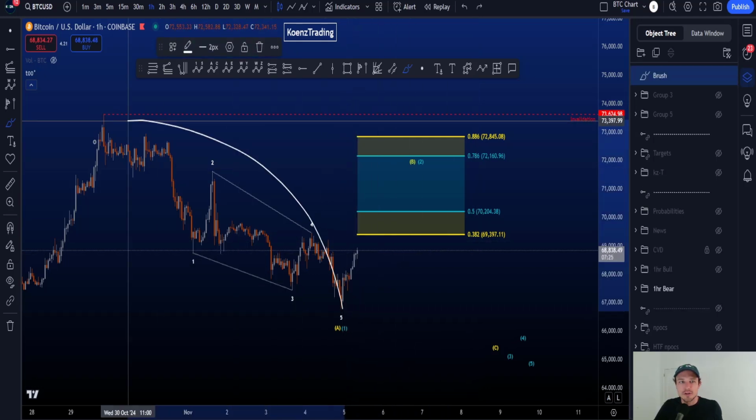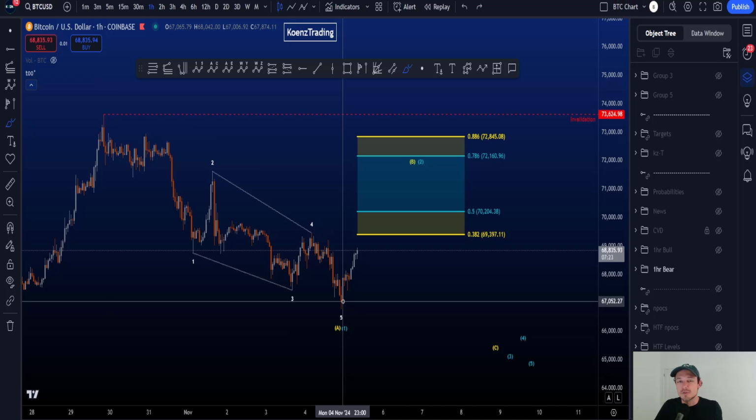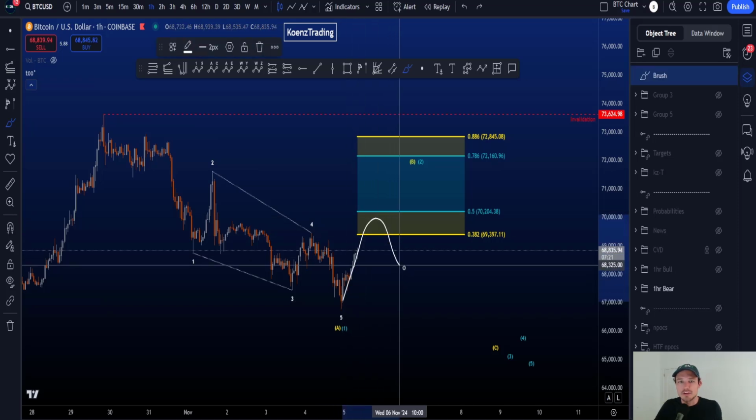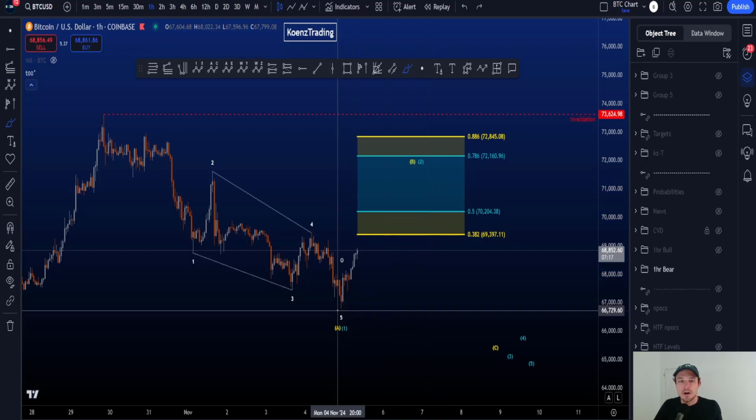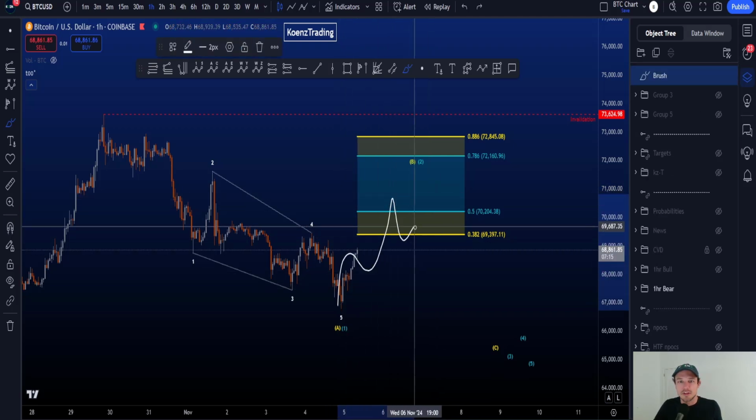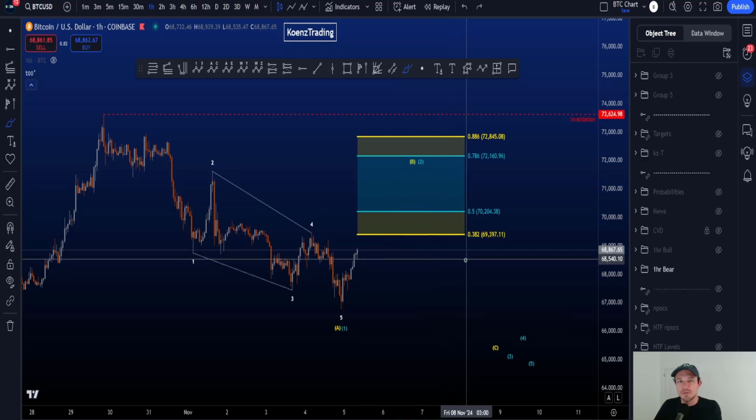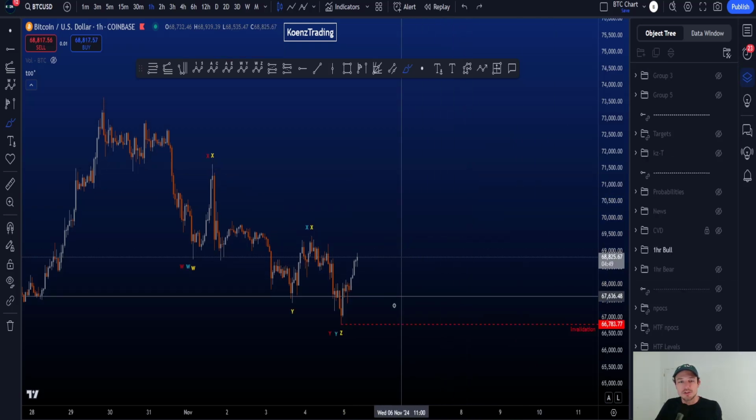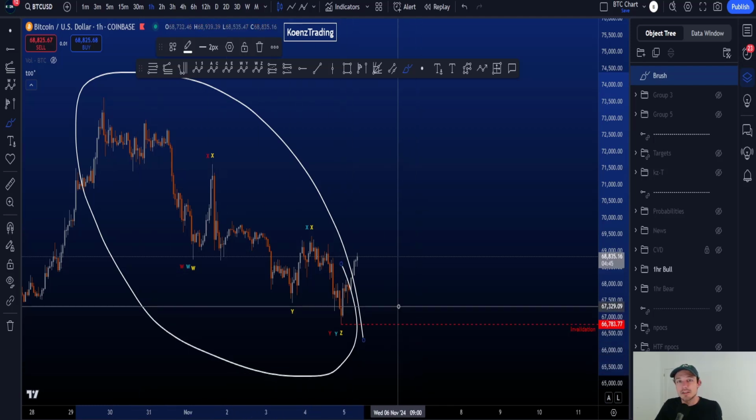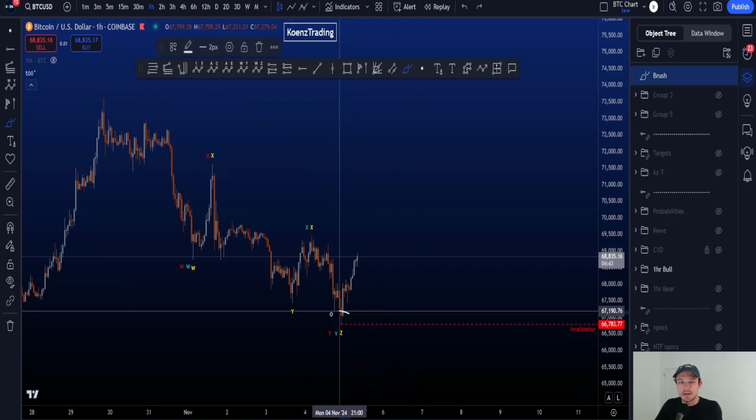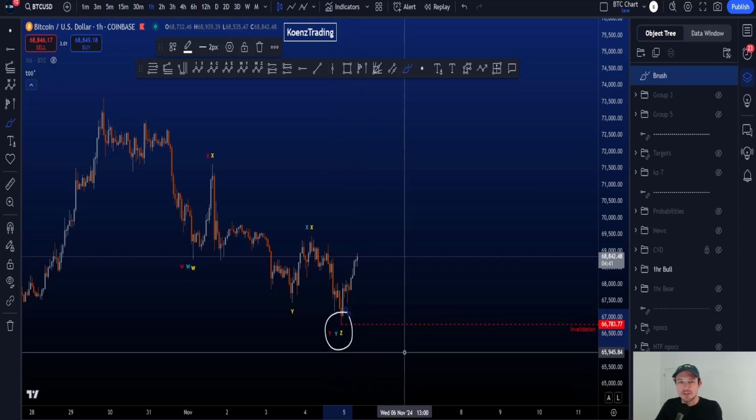It is most common after a diagonal to look for zigzag family structures, so let's say a 5-3-5 simple zigzag, an ABC, or a double zigzag with a wave W, X and a wave Y. If we then look at the bullish scenario, in the bullish scenario we have to count this move to the downside as a corrective structure, and in all of the scenarios the invalidation is taking out this low at